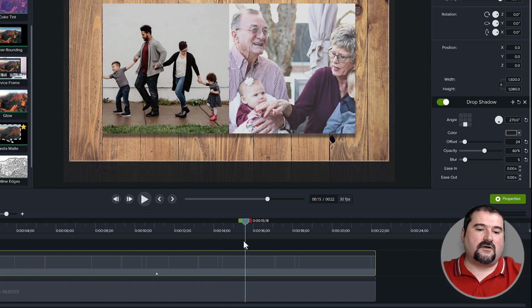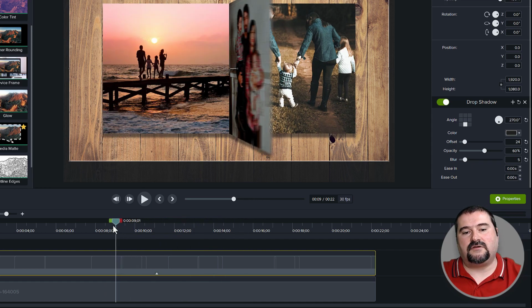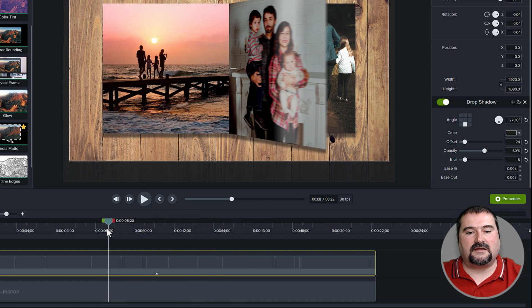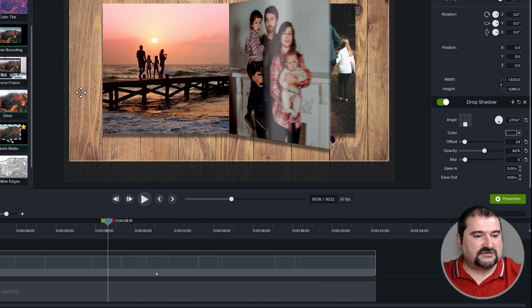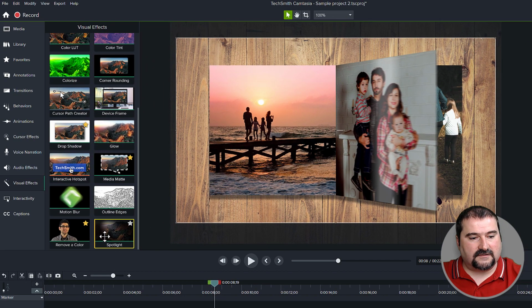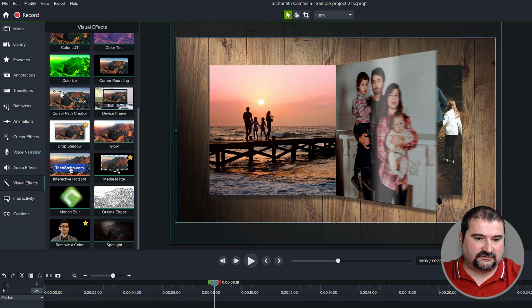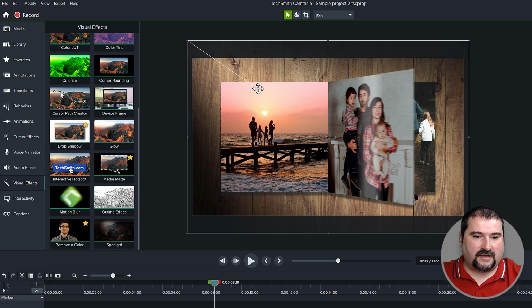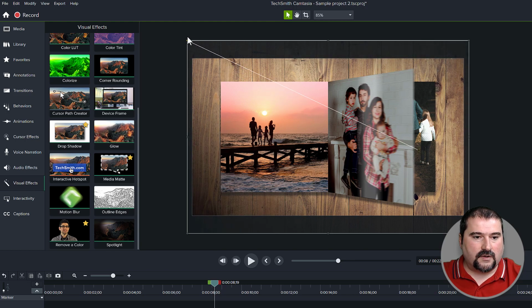So there you go. Another thing is, we said we like the light coming in. A new effect in Camtasia 2022 is the spotlight effect. That's nice, because if I add this to my tabletop, you can see I can actually control where the light is coming from.